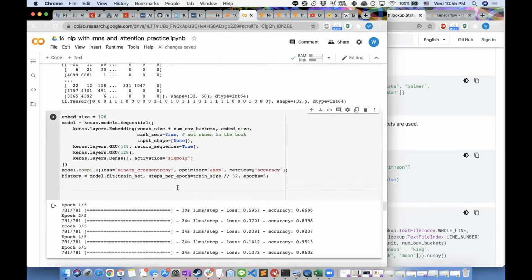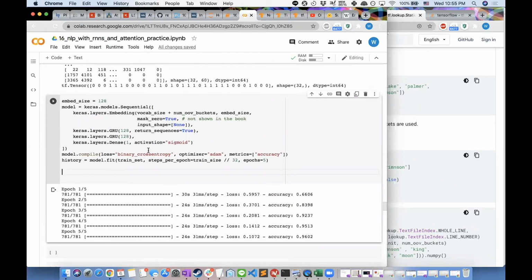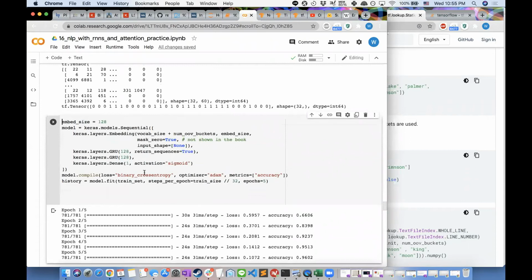And also, then basically we can just architect the model, with one embedding layer, 2 GRU layers, and 1 dense layer in the end. We're using activation of sigmoid in the end because it's only positive or negative. It's binary classification. And we specify the loss as binary cross entropy. Optimizer, Adam, metrics accuracy, and